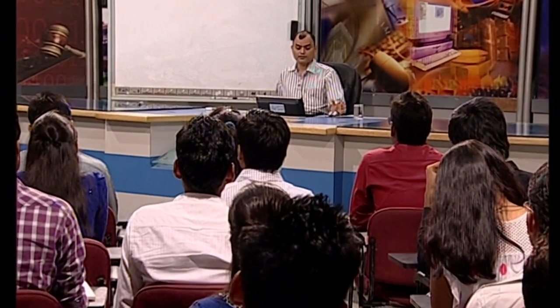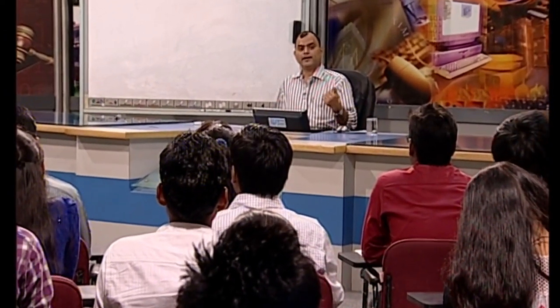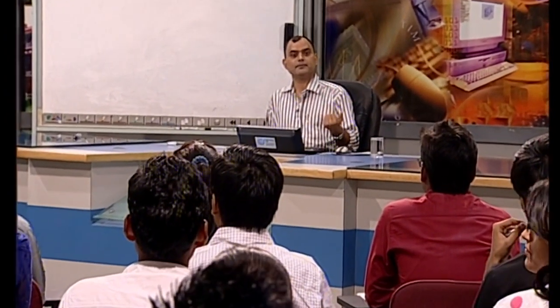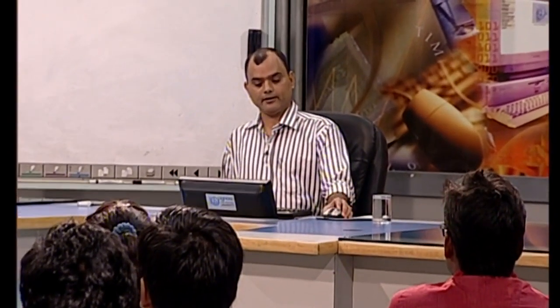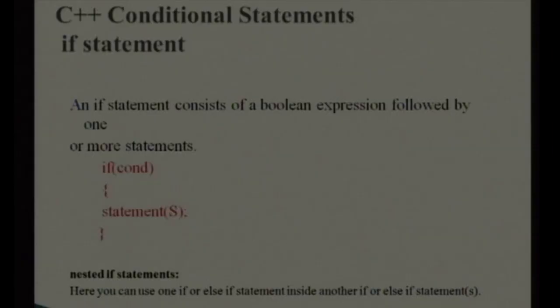Now the next type of statement is the conditional. On the screen you can see one conditional statement, if, and it is frequently used in our programming wherever we need to check a condition. Majority of the time we think in terms of an if condition and then execute the statements.